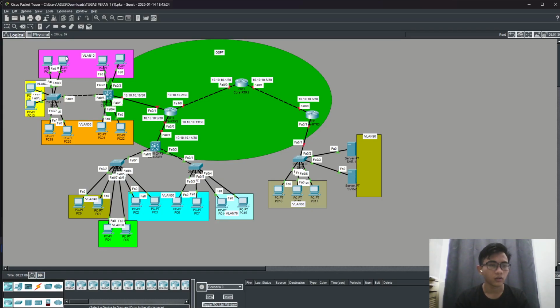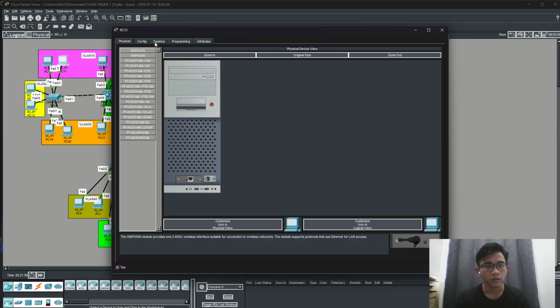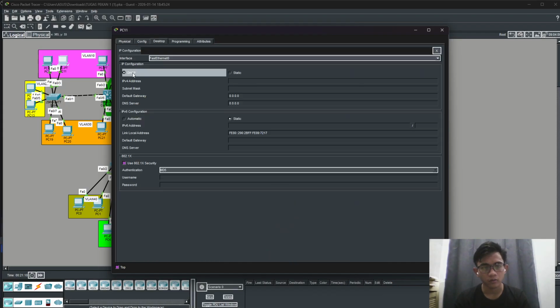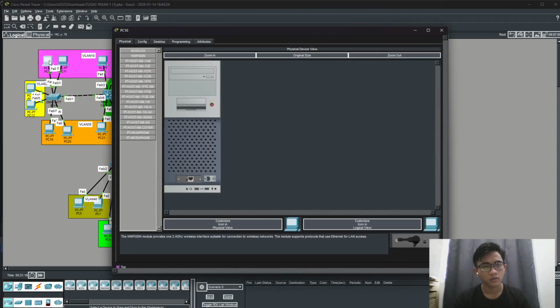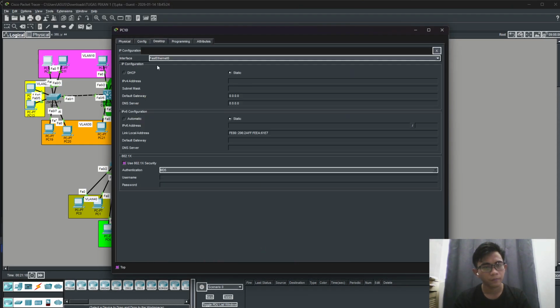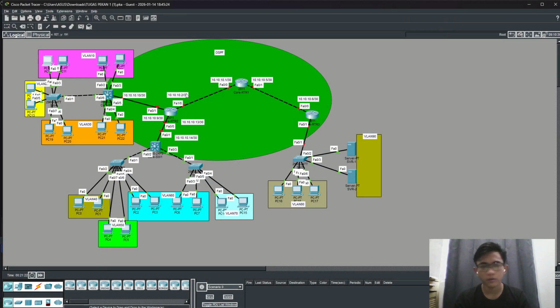Now we will check whether the DHCP is active or not. Okay, get IP. Okay, get IP.